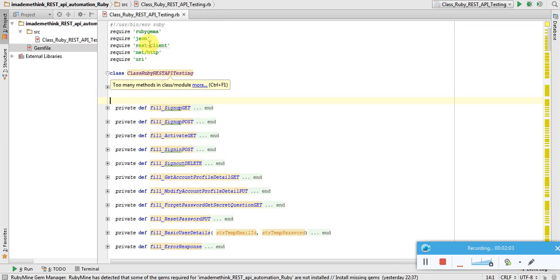Let us come to the class file. As Ruby is a scripting language, there is nothing like a main class, so we can start executing directly. These are the required gems we need to put, and the class name.